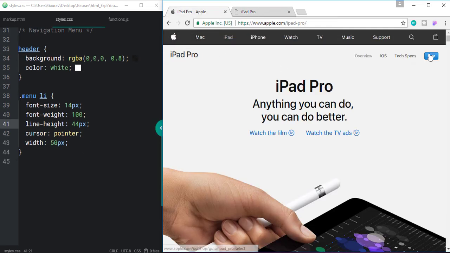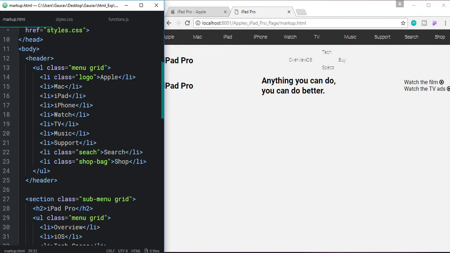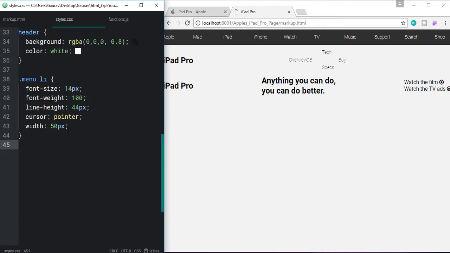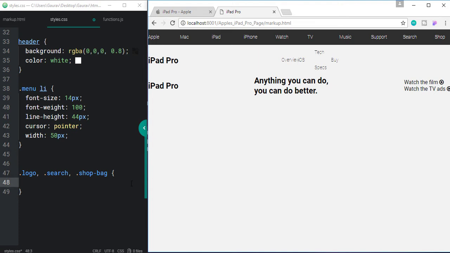So now let's create these icons. So we have given them a class of logo, search and shop-bag. Okay, so let's target them. So logo, search and shop-bag. So first of all we need to hide that text because we don't need it. So I have a trick here.